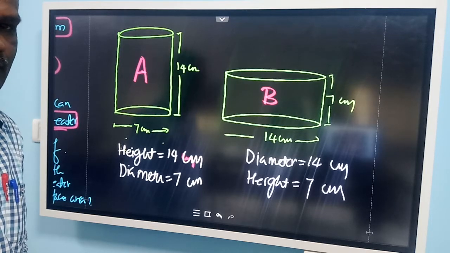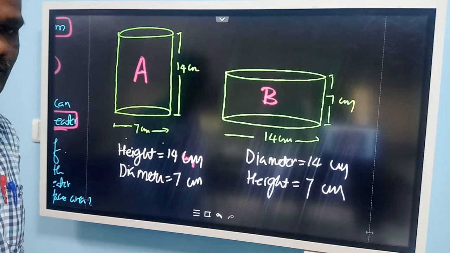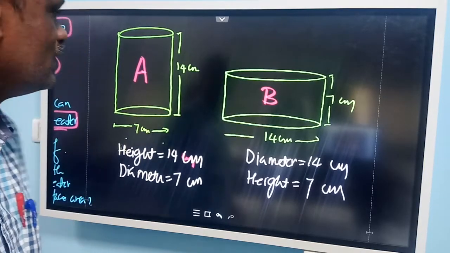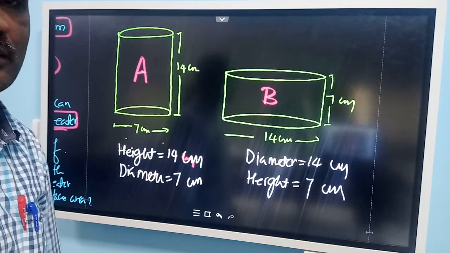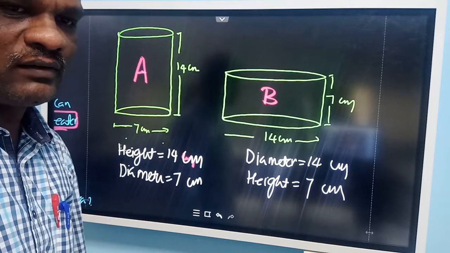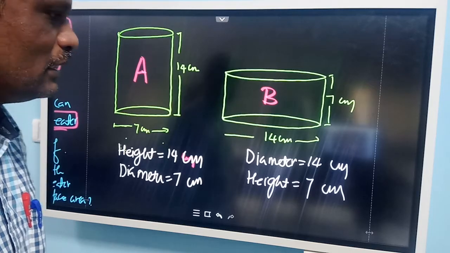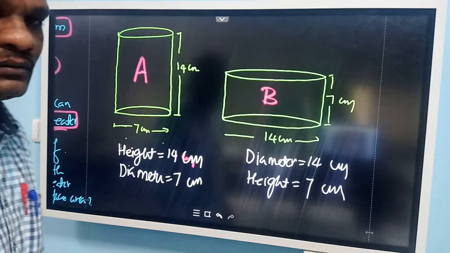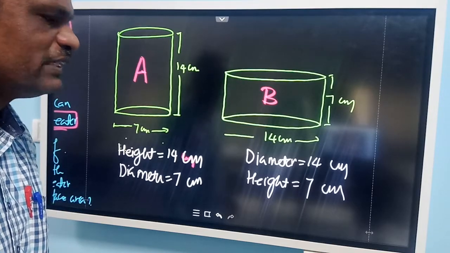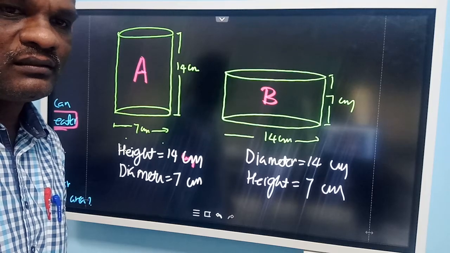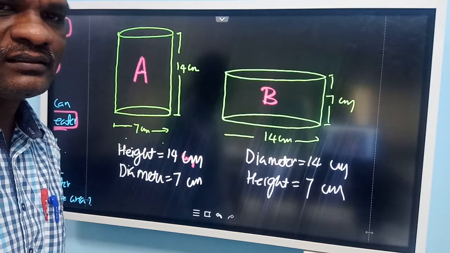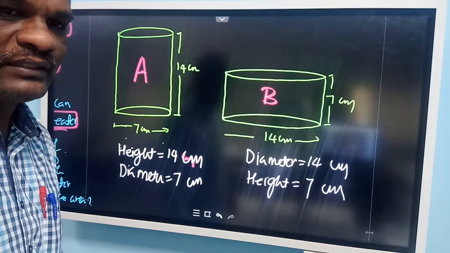Sir, it was wider and later, sir. Before it is wider, sir. Wider means it is taller. First one is taller. Both are equal. Sir, maybe B, sir. Why? Can you tell me the reason? If it is B, give the reason. If it is A, give me the reason. Both are equal also, give me the reason. Then you give me the reason.